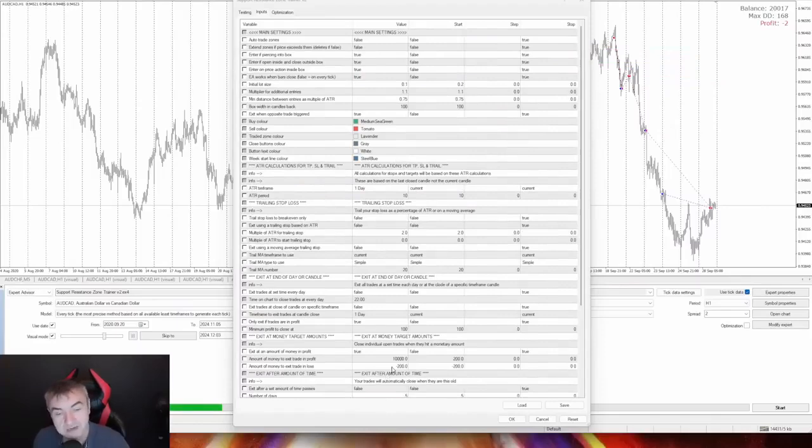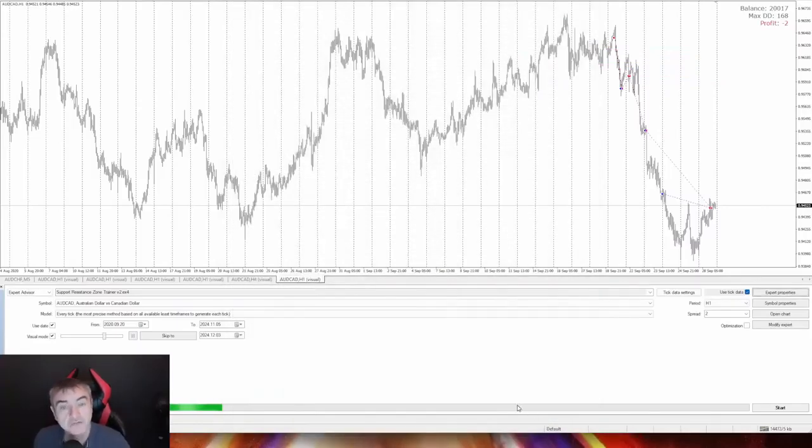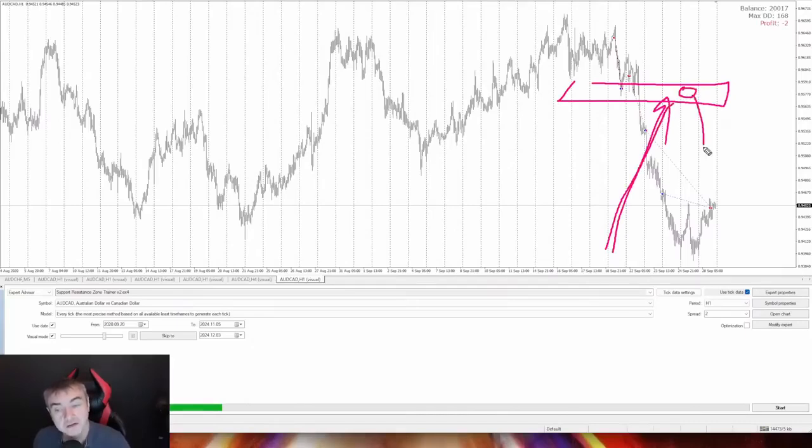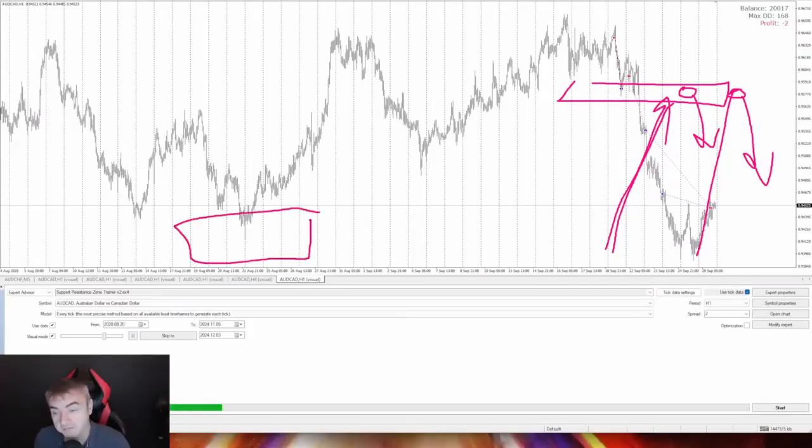I haven't tested any of this because it's not automated. I want to get out when it gets to the zone I think it's going to, because that's where I've said I think it's going to short. So it will automatically get me out there and get me in. So I don't need any other exit strategy, because if I'm drawing the zones on, what I'm saying is,